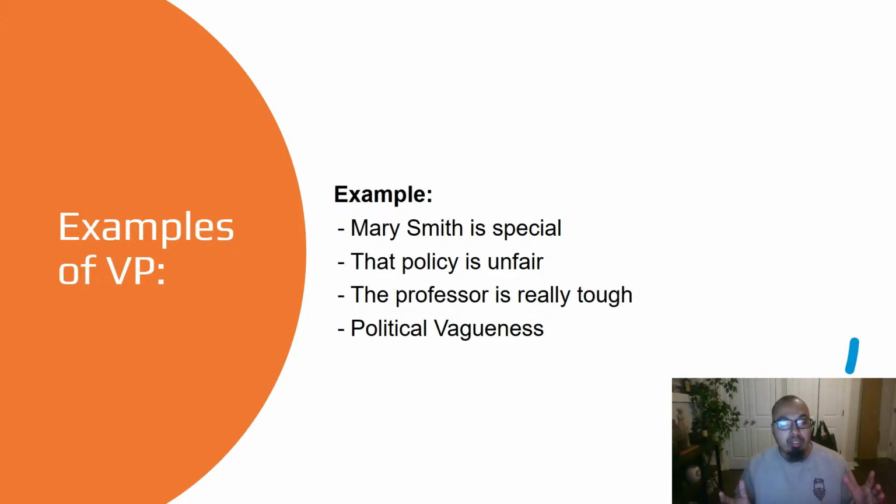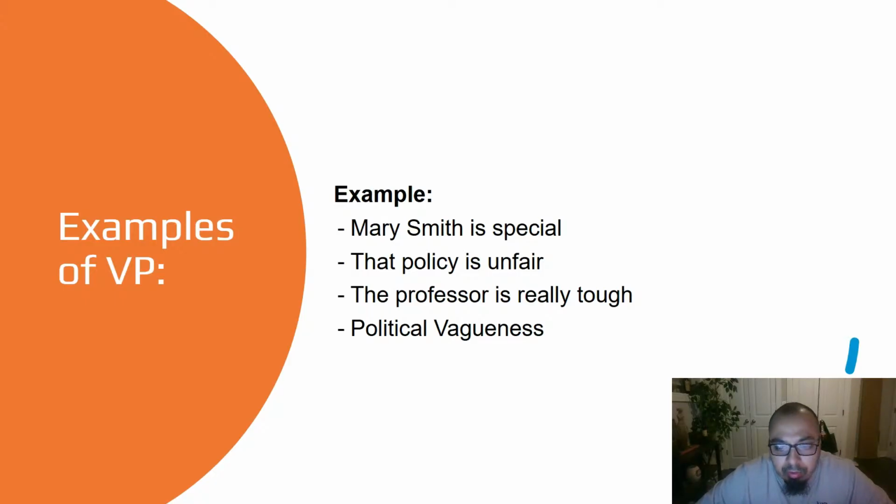Don't assume, right? Very big. Don't just assume that someone knows what you're trying to say. If you remember the very first module, we talked about the characteristics of a critical thinker. Don't assume. Make sure you are clear. And also, I think it's the sixth point of a critical thinker: try to be clear in your communication. Try to elaborate and explain what you mean. So once again, "the professor is tough" is vague because it lacks specificity. Two students can mean completely different things while using the same word.